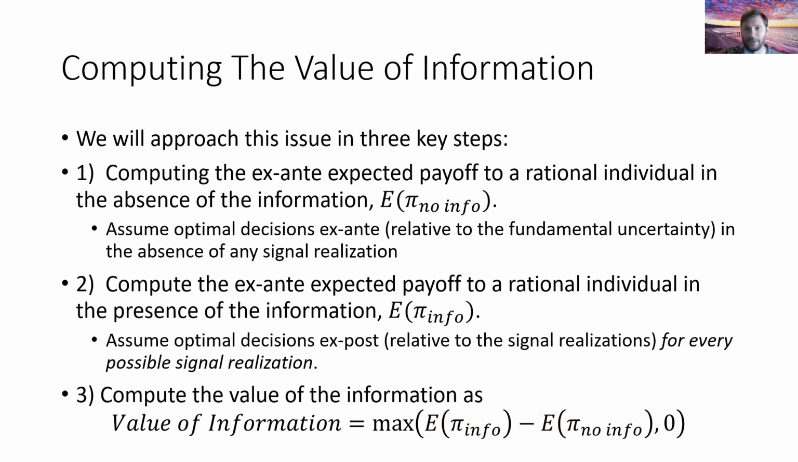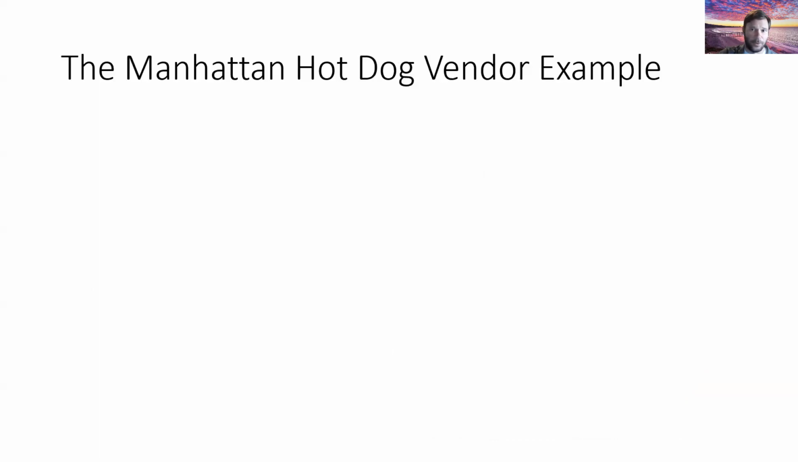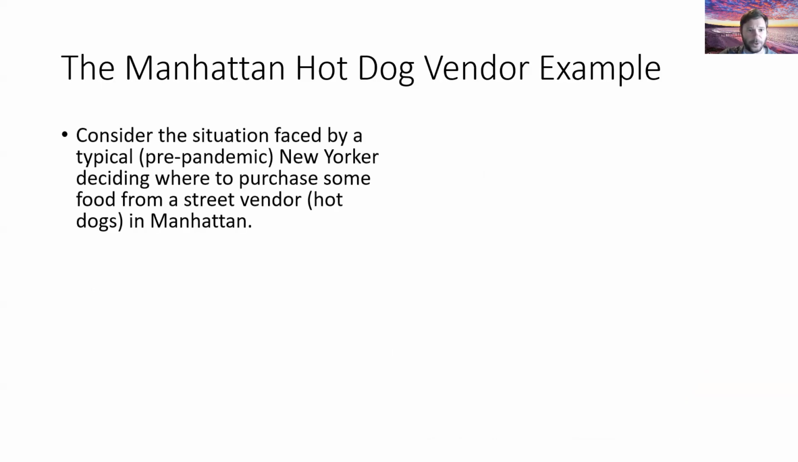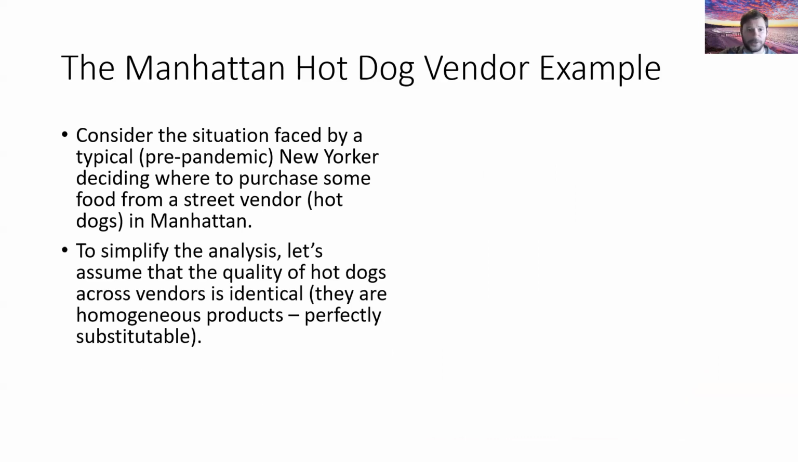So we're going to go ahead and jump into a fairly simple example that I'm going to refer to here as the Manhattan hot dog vendor example. And we're going to consider a situation faced by a typical New Yorker deciding where to purchase some food from a street vendor. This particular case is going to be hot dogs in Manhattan. And to simplify our analysis here, we're going to assume that the quality of hot dogs across vendors is identical. So they are, for all intents and purposes, a homogeneous product. And we're also going to ignore